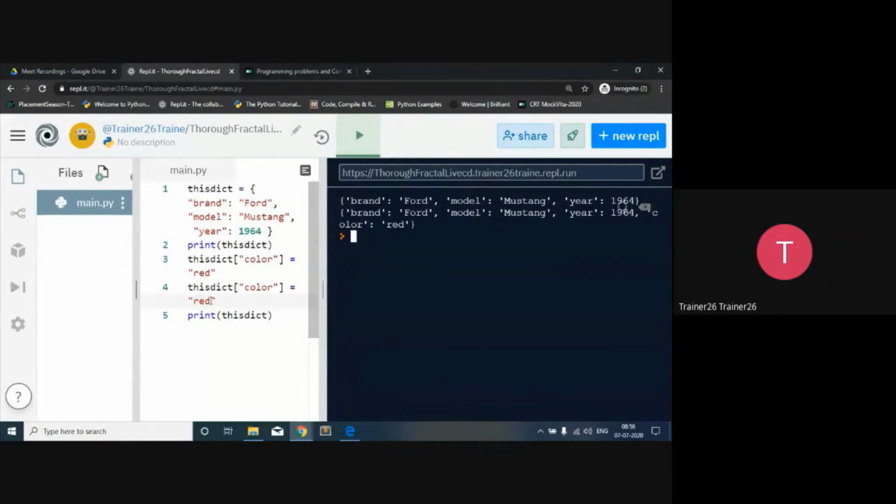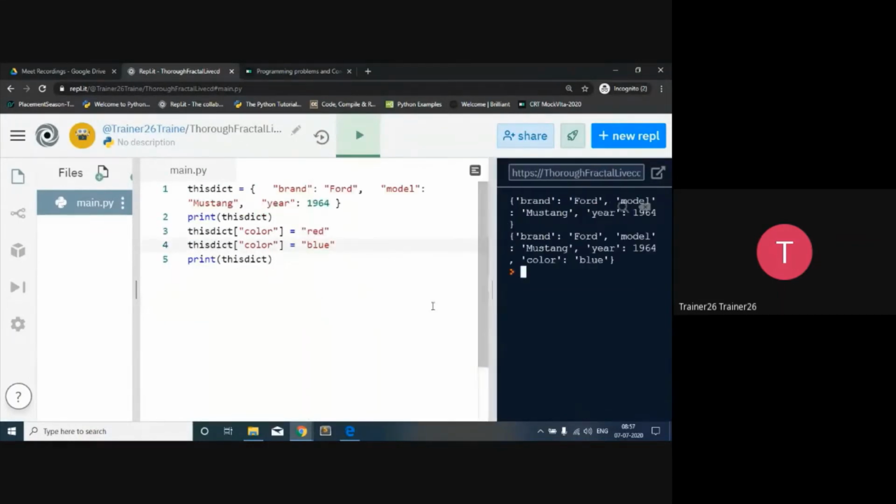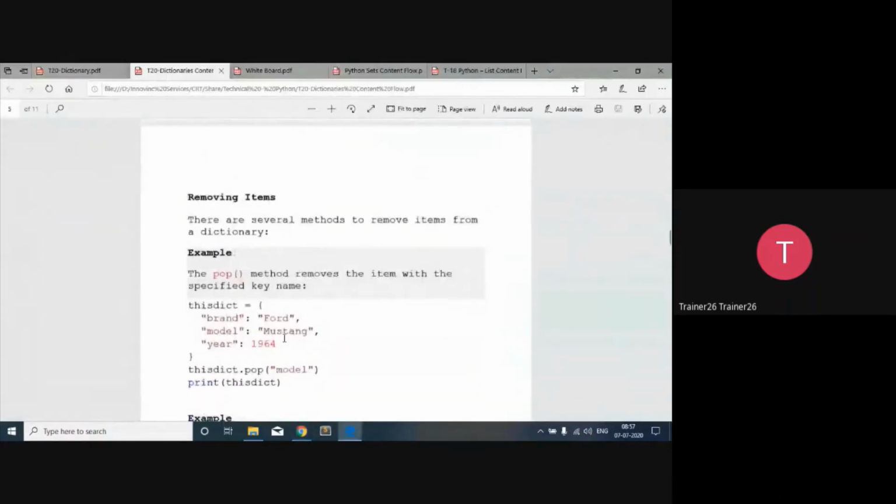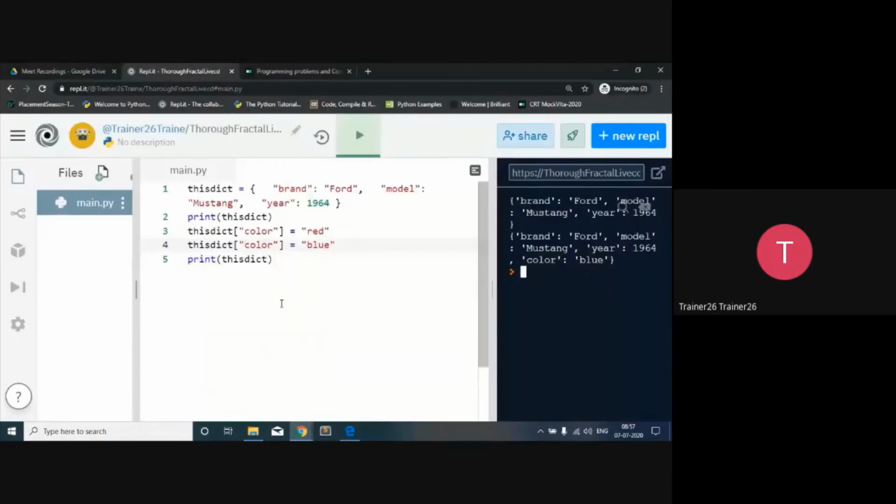If I say it over here, it will change the value of color from red to blue, but it won't add color as a key one more time. So that is the basic fundamental over here. No duplicates are allowed. Only a single entity, meaning a unique identity, is possible over here.